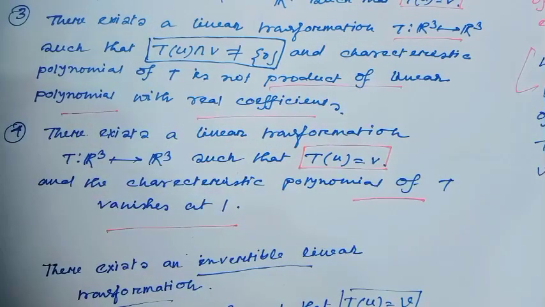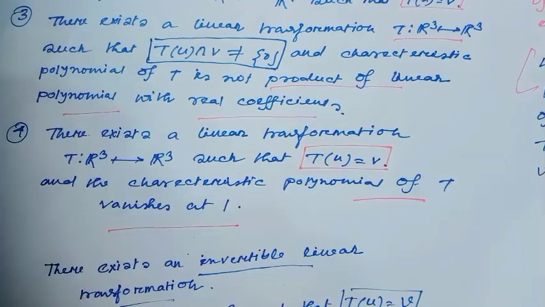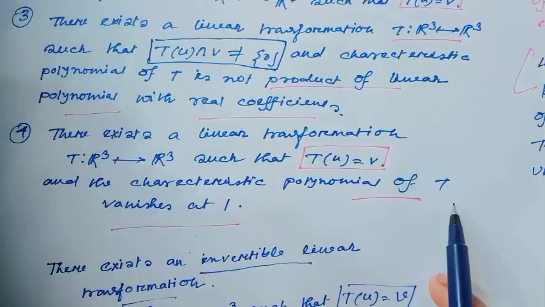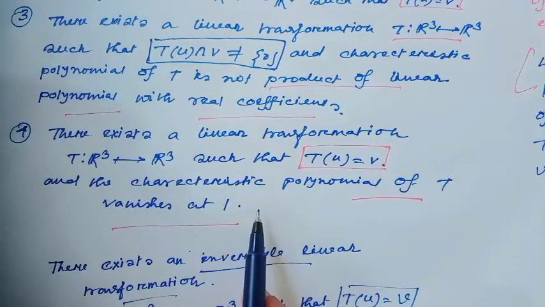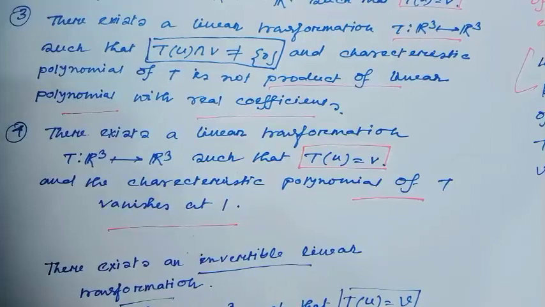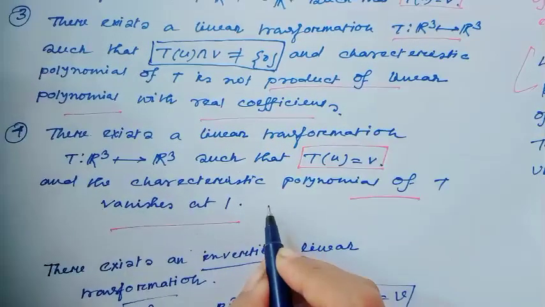Obviously this type of linear transformation always exists. The characteristic polynomial vanishing at the point 1 means that 1 is an eigenvalue of this linear transformation,